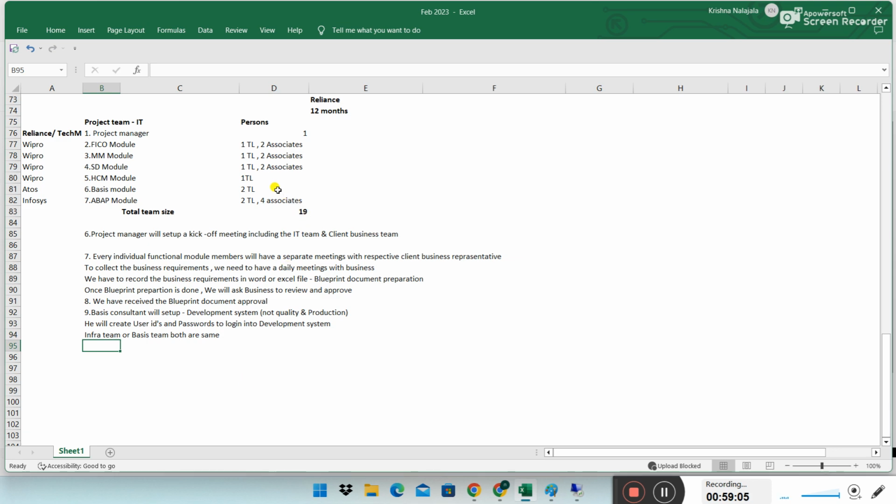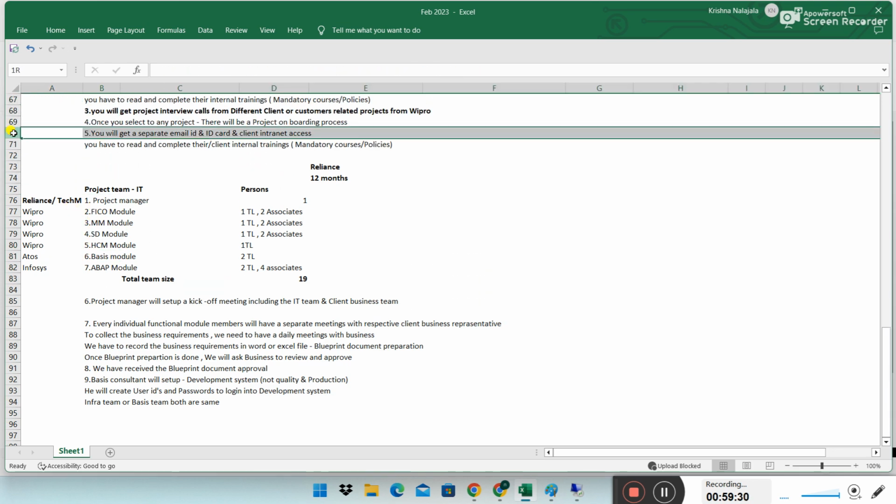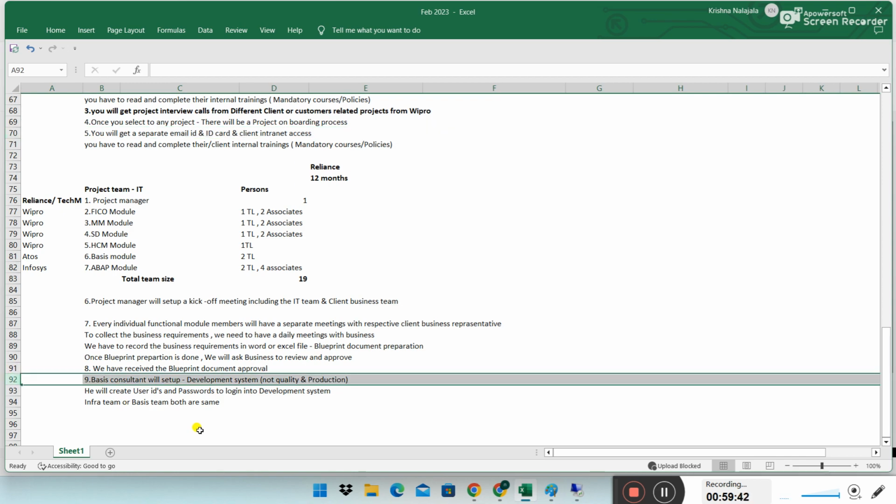So in the project, including the project manager, 19 members are there. Leaving out the project manager, he'll create 18 user IDs with different passwords and give them to each individual person. Remember, your username and password, he'll mail you. Whatever client email ID you received, to that client email ID he'll send you your username and your password to log in to the development system, right? Make sure